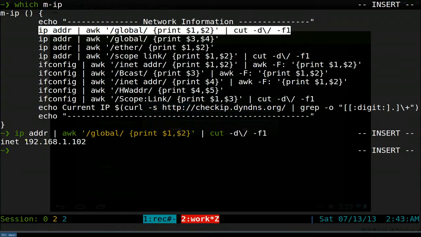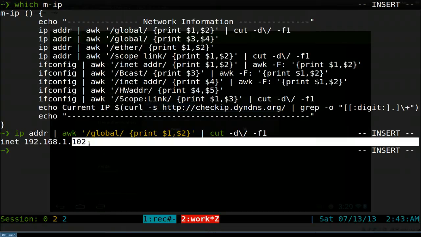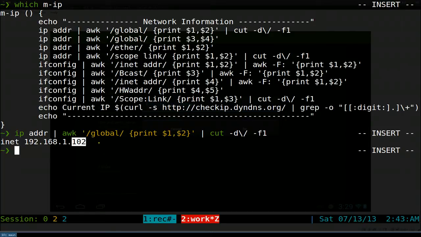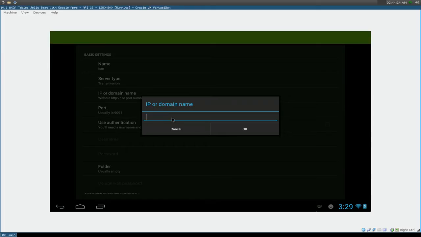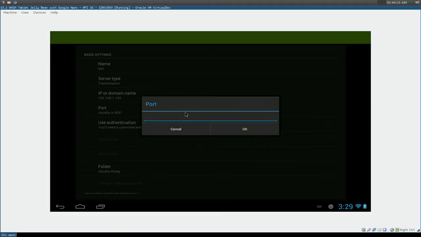So my router IP is 192.168.1.102. Usually the last three numbers are what changes, like 100, 101, 102. So this one's 102. That's all you gotta type in here, 192.168.1.102, and then you hit OK. And the port is usually, it says right here, 9091. I don't think you have to type it in, but just to be sure, I'm gonna type it in, 9091,